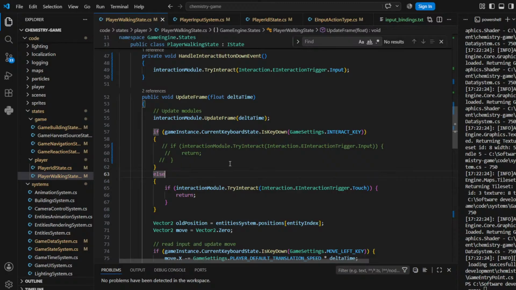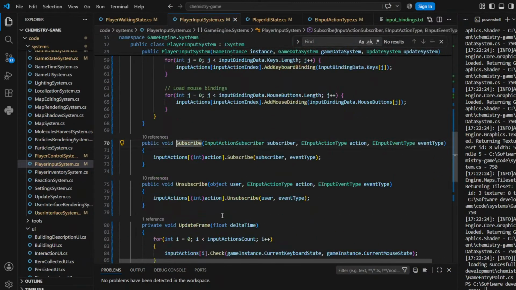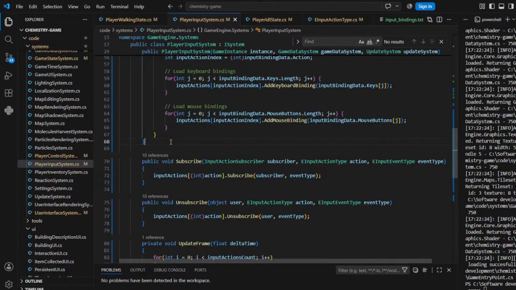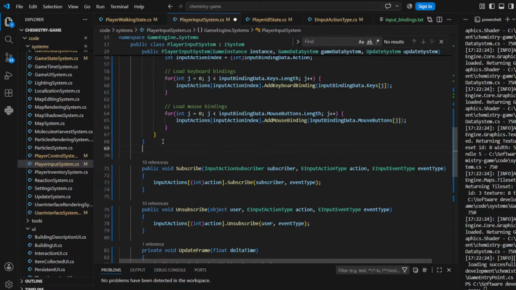Yeah, and we need to know if it's key down. If it's down. Okay, so we need a way from here to read values and not only subscribe. So what I want to know is, for example, has an option to say